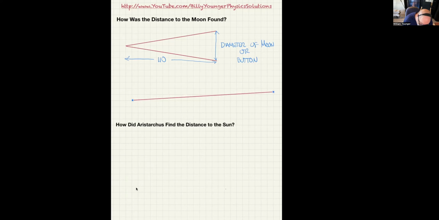And now I can draw another one. In this case, we see it only went down a little bit more than one square. So I'm going to say right here. And again, that was supposed to hit right there. It did not, but this is close enough. So this is a lot better example of roughly what the 1 to 110 is. But the main thing is way over here would be the little button, not even visible, and then way over here would be the actual moon. Okay, so once we know that, we know